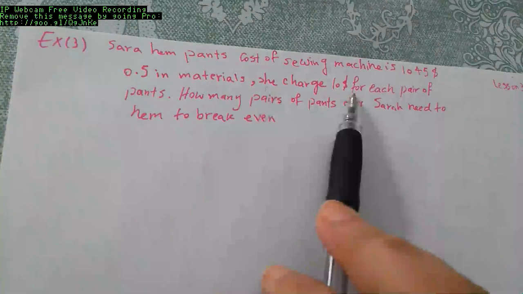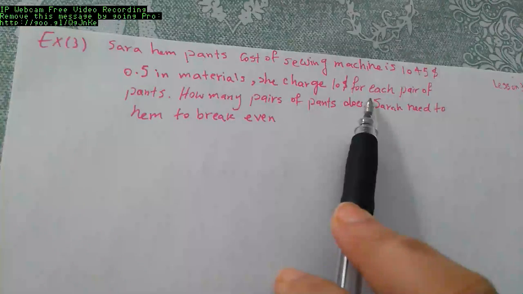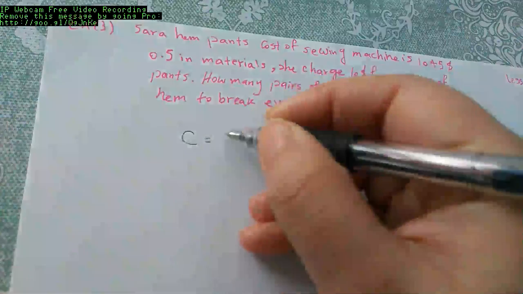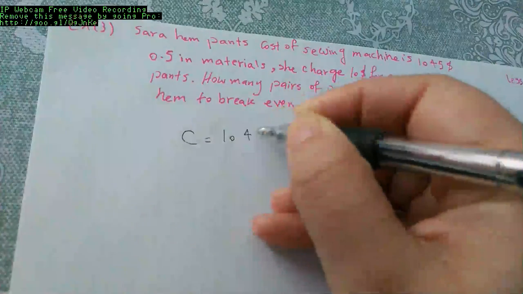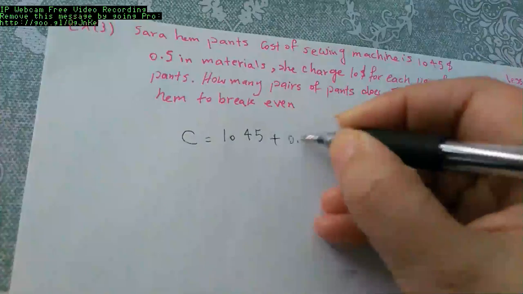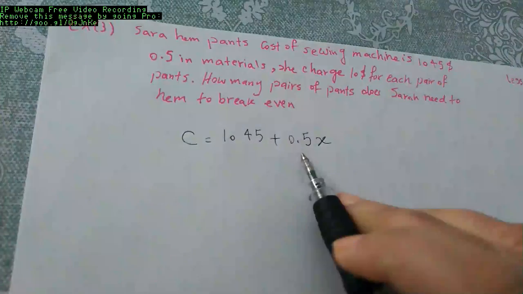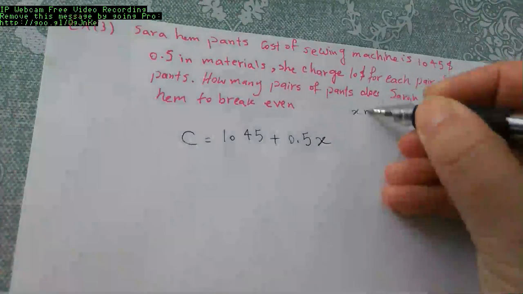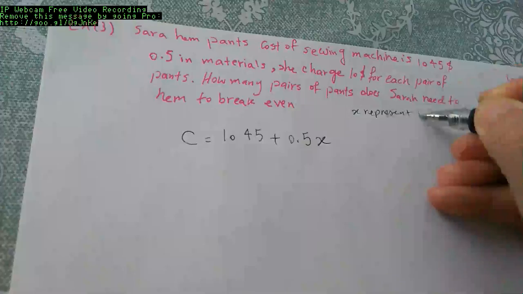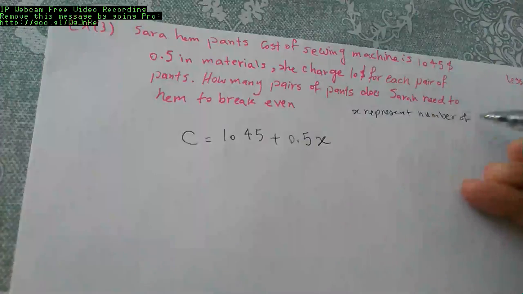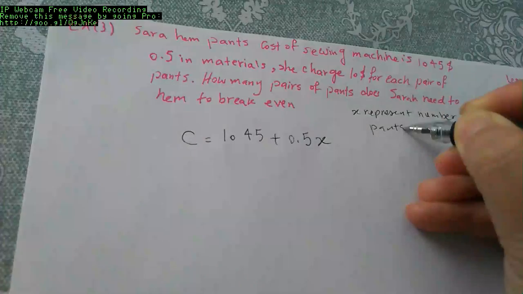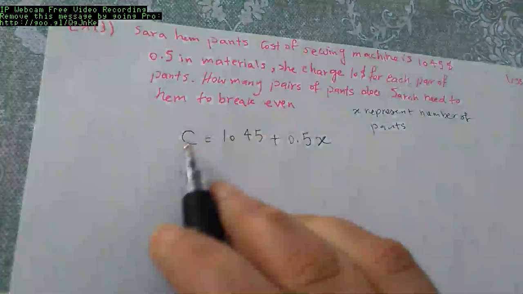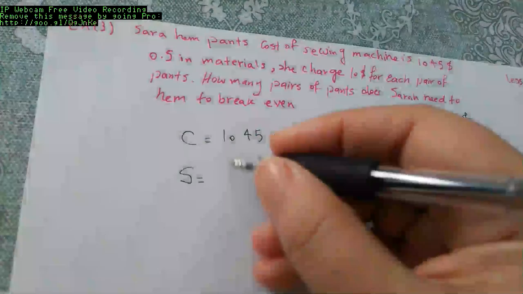She charges $10 for each pair. So he has a cost, right? The cost is buying the sewing machine, which is just $1045, plus for each pair of pants he has to spend 0.5. X represents the number of pants he's making. Now the sell function, because he's selling it for $10, is going to be 10 multiplied by